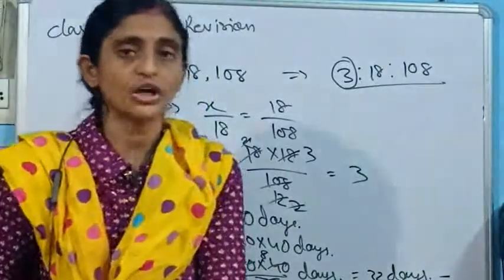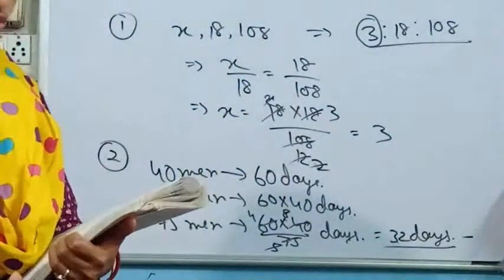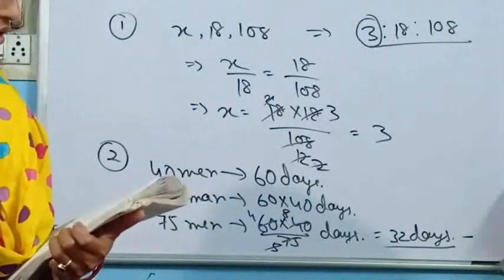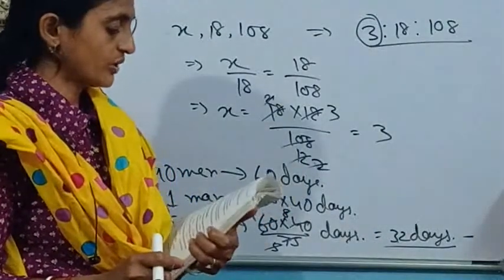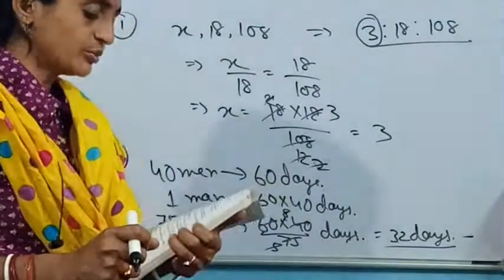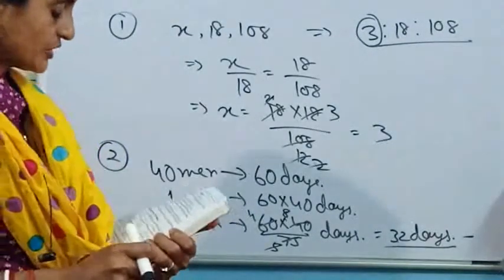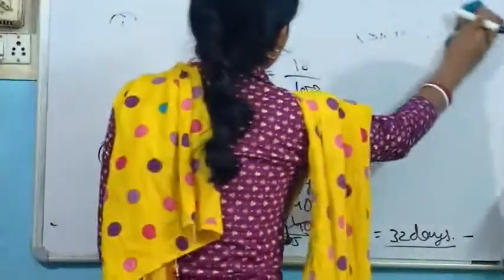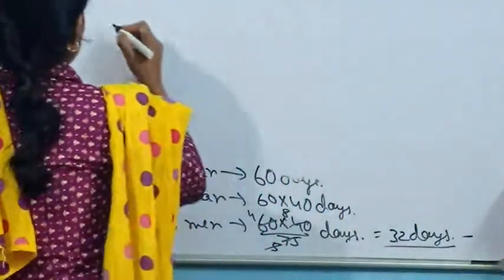Okay, now come to the next set. Come to the next question. Here it has been given, from the next part of this set. Let's take one question. In a fort, 120 men had provisions for 30 days. For how many days is the food sufficient for 100 men? Okay, again we are going to solve it that way. Let's see what it will be. I am marking this one as question number 3 here.